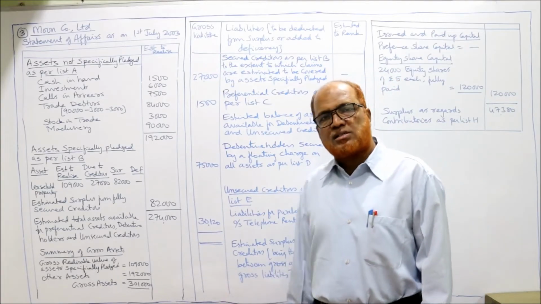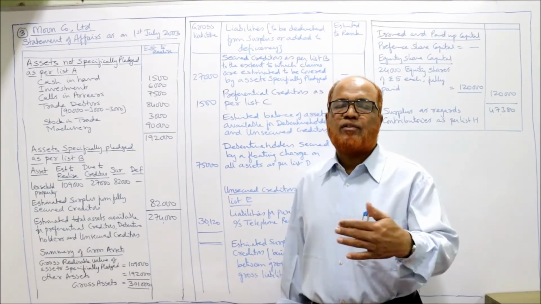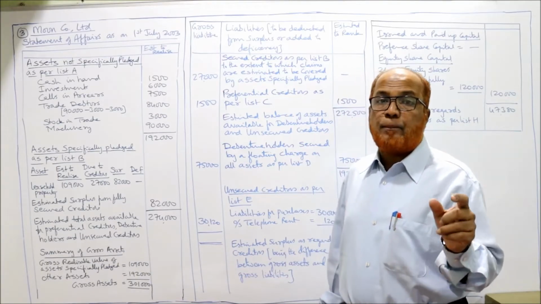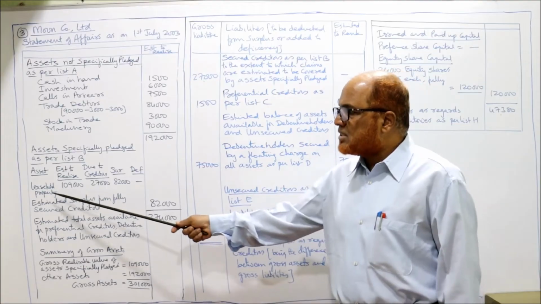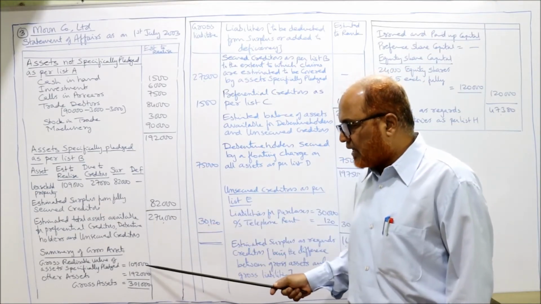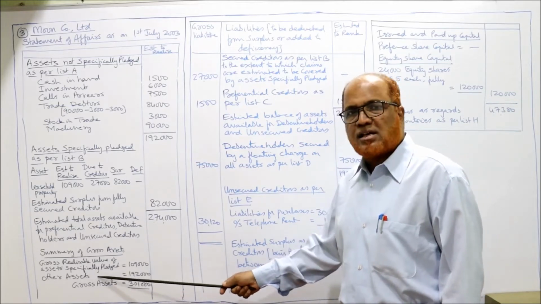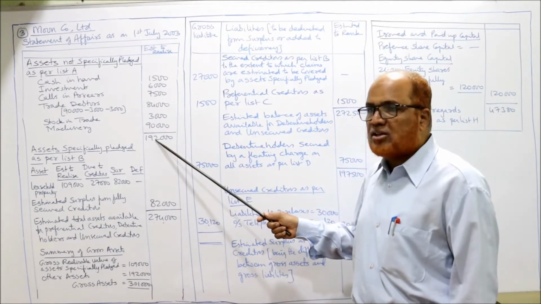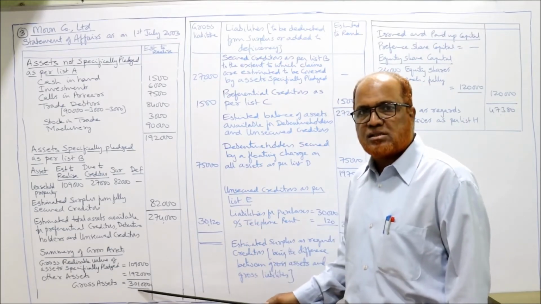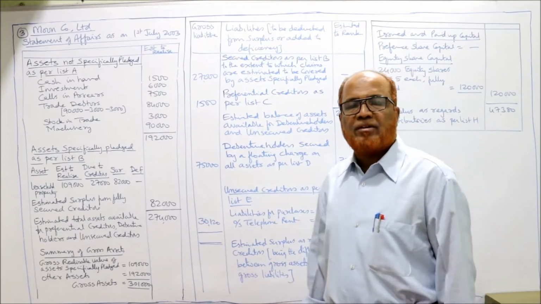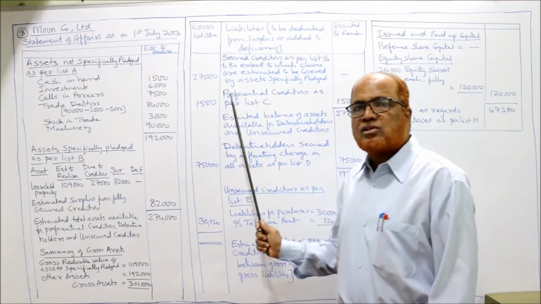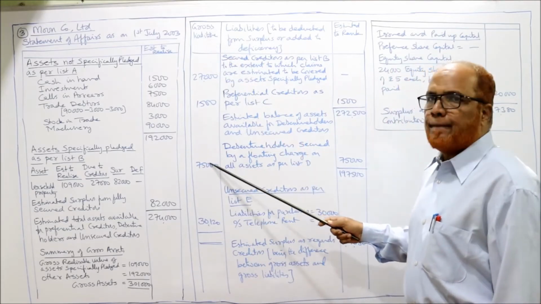Now summary of gross assets. This we need only for verification. Gross realizable value of assets specifically pledged. Specifically pledged is leasehold property. What is the gross realizable value of leasehold property? 1,09,000. Other assets realizable value is 1,92,000. Take the total, 3,01,000 is the gross assets. First part completed, where we have calculated how much are the funds available for paying to liabilities. Now the second part of this is gross liability.